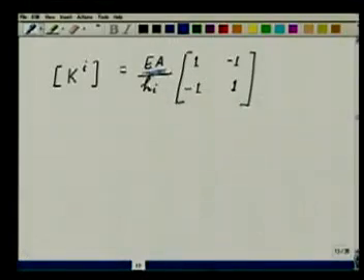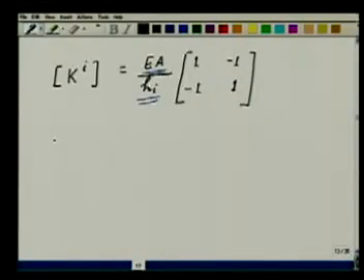You see that we have formed a recipe for the ith element. So now it's very easy to do this job for any of the elements, because all you need as far as the information is concerned is the value of EA and the size hi of the element. Once you have that, then this together gives me the element stiffness matrix. So I don't have to do this computation repeatedly. I do it once, and this structure can be used for all the elements. That is one of the beauties of the finite element method, because the shape functions are so defined that the structure remains uniform in some way.